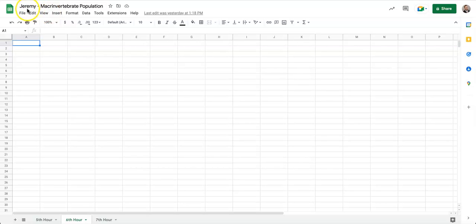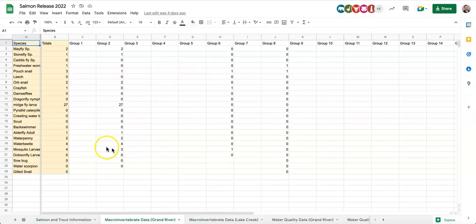So I've created my new spreadsheet. I've got my name on here, and then I've titled it Macroinvertebrate Population. I also have my data opened